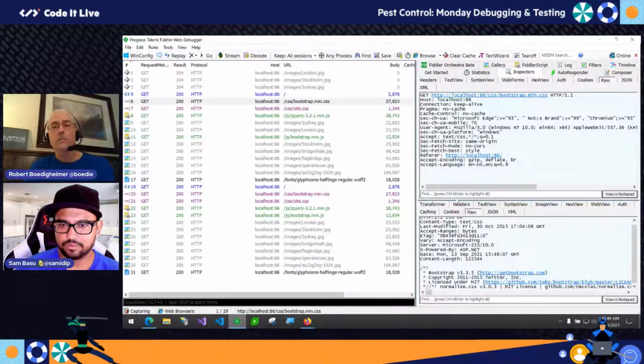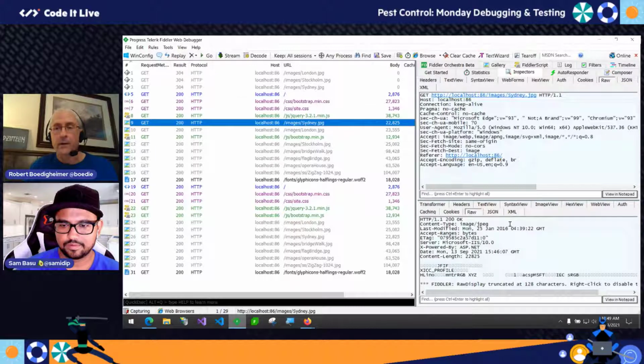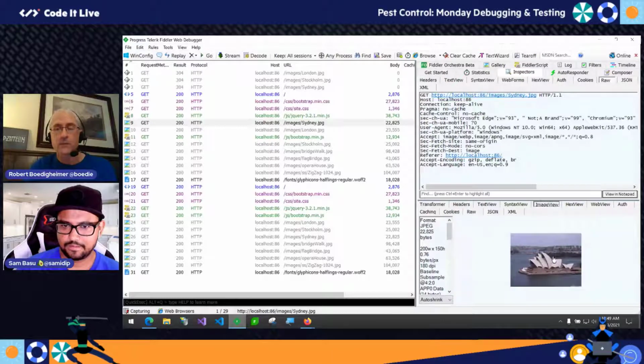So if I look at a JPEG, for instance, it's got this raw response. I can also see that somebody wrote this image view. I could write my own extension then that would give me an alternative view for that particular file type. And so I have 2 Pluralsight courses, and one of them is on just Fiddler, and that one gets into exactly how you write that code. How do you write a custom inspector? How do you write your own extension? So if I wanted to write my own show image bloat, how do I do that? That kind of stuff I cover in that course. Interesting. But those are some things that you can extend.